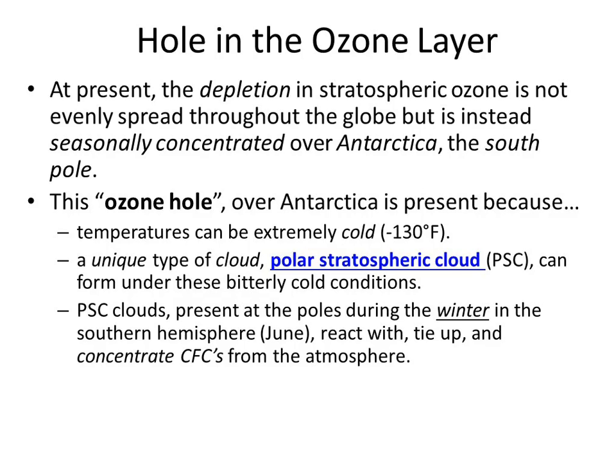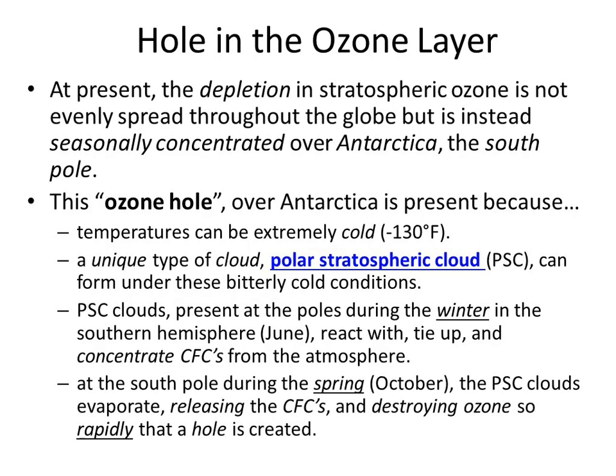Springtime comes, and it warms up here, and these clouds go away. So when the clouds go away, those CFCs that were tied up when it was cold go do their bad thing all at once. And what's their bad thing? To take O3 and break it down into O2. And so the hole actually is in the springtime, when the clouds are going away. Summer comes and the thrust of the depletion is gone. So it's at that transition to warmer time.